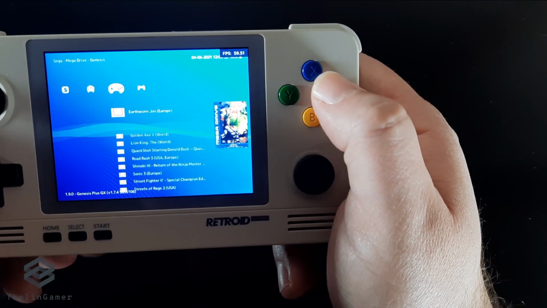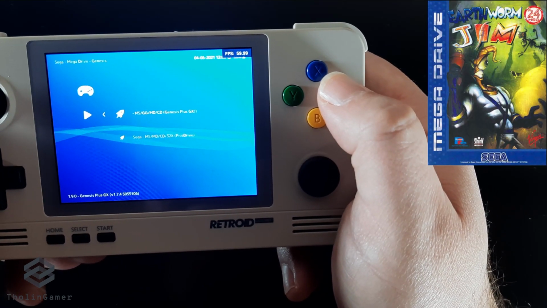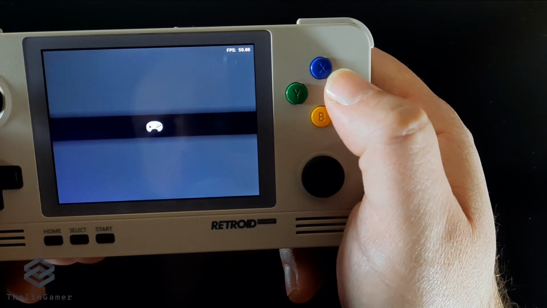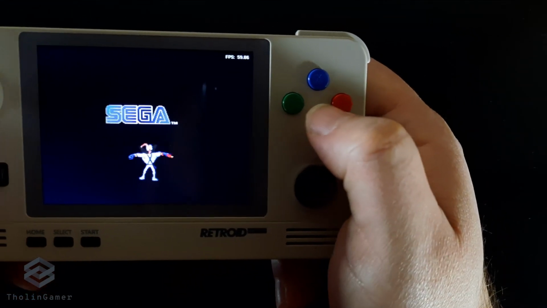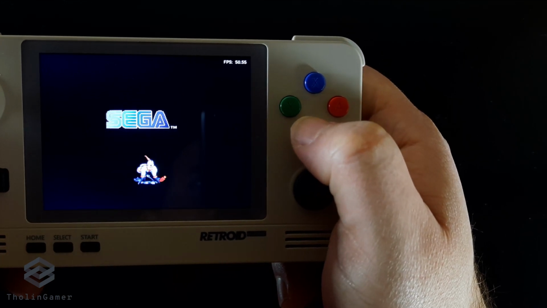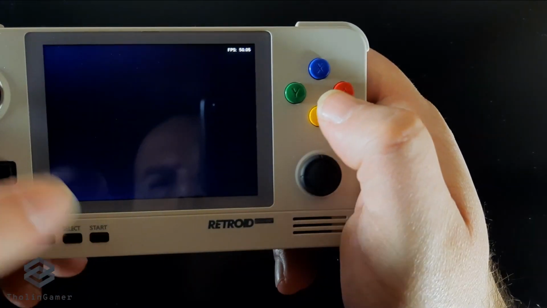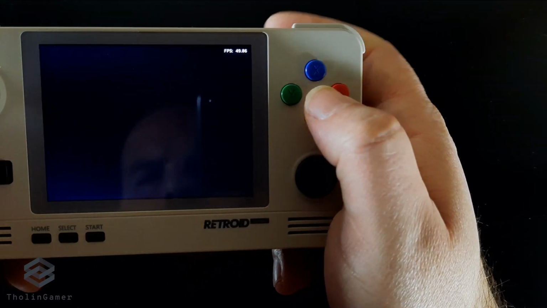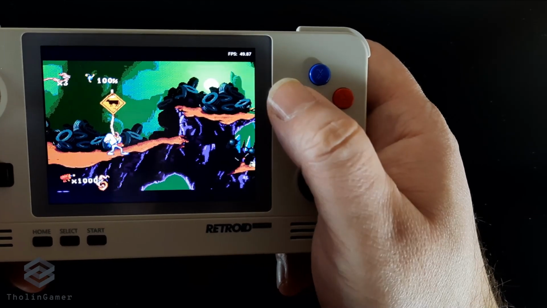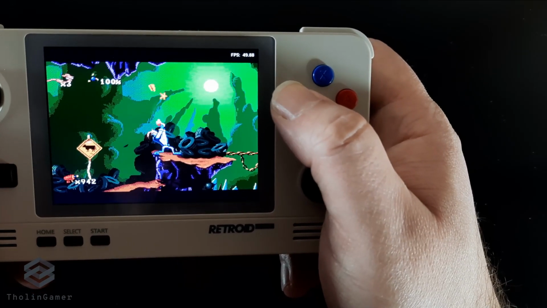We are now ready to go to our first game, which in our case is Earthworm Jim. Now, this is a run and gun platform game. It was developed by a British company called Shiny Entertainment, which doesn't exist anymore, and it was released for the Sega Mega Drive in 1994. Now, its success, of course, led to several ports to other systems, so you can find Earthworm Jim for most of the common platforms from back in the day, like Super Nintendo. It was also ported to the PC. I believe it was also ported to the Amiga.